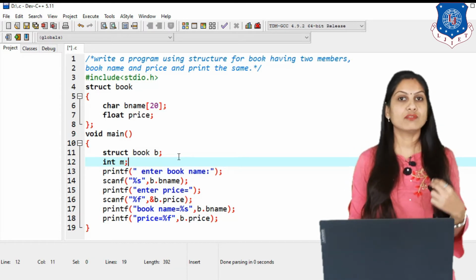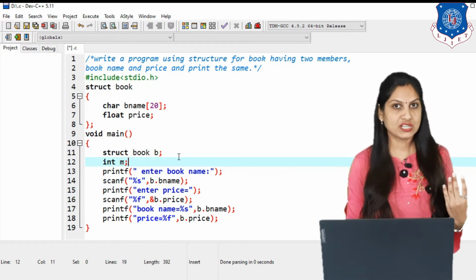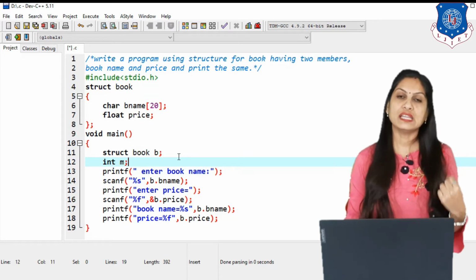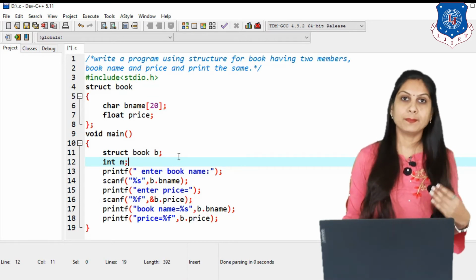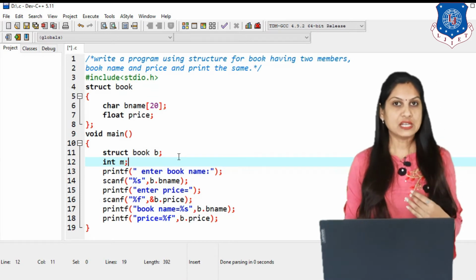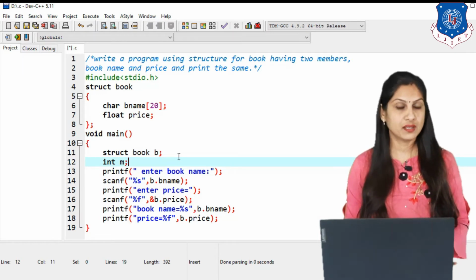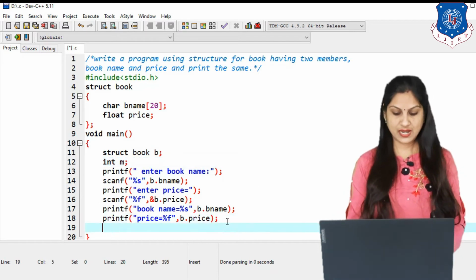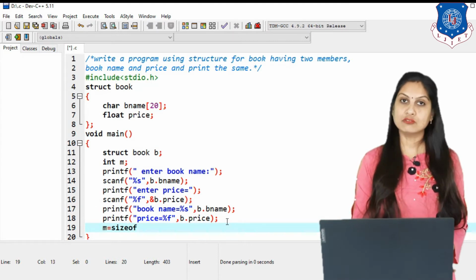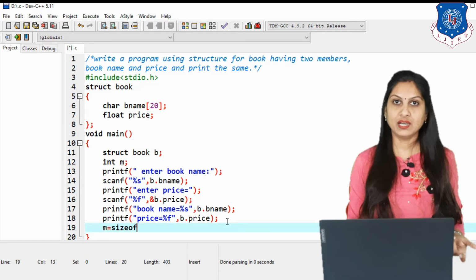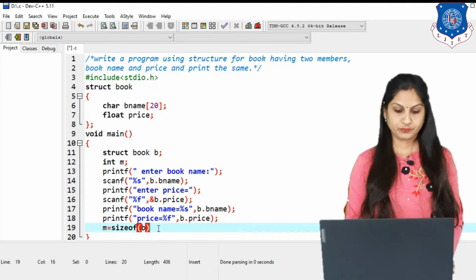So here I have two members, b name having 20 bytes and price, that is float type, that occupies 4 bytes. So the memory occupied by the b variable is 20 plus 4, that is 24. We want to print that in this program, and for that we write the integer variable m, and then m equals sizeof operator, that gives the size of the given variable in bytes, and inside the brackets we pass just the variable. Clear?